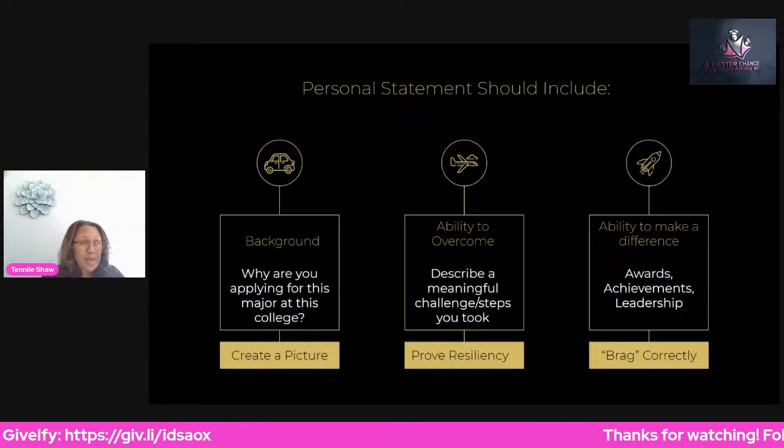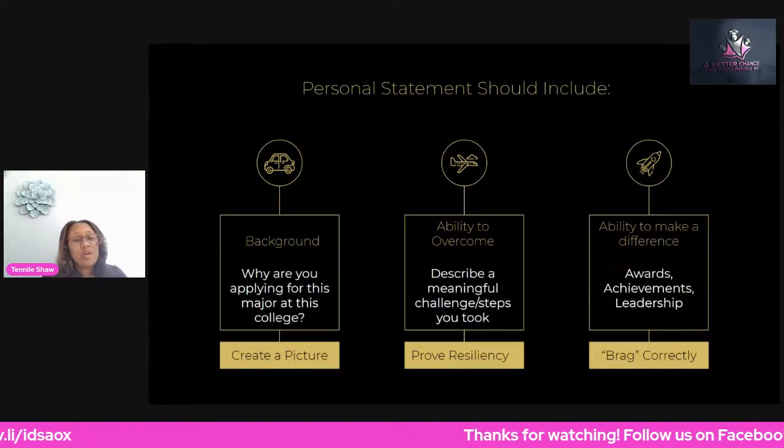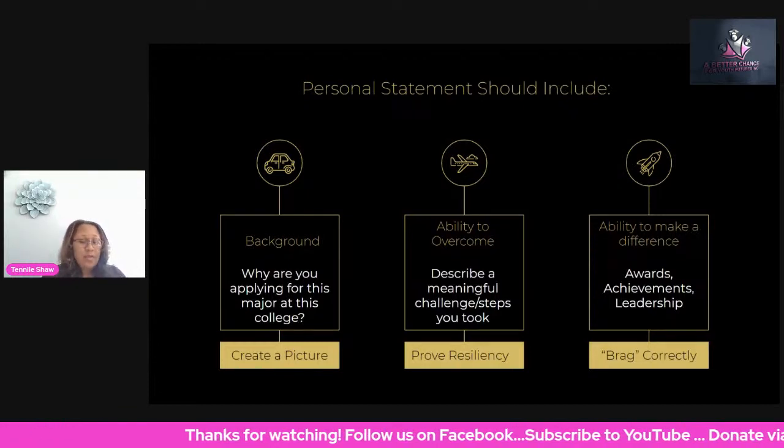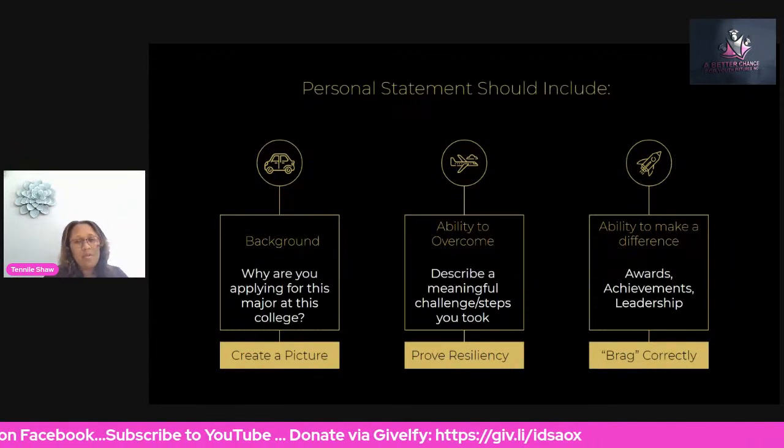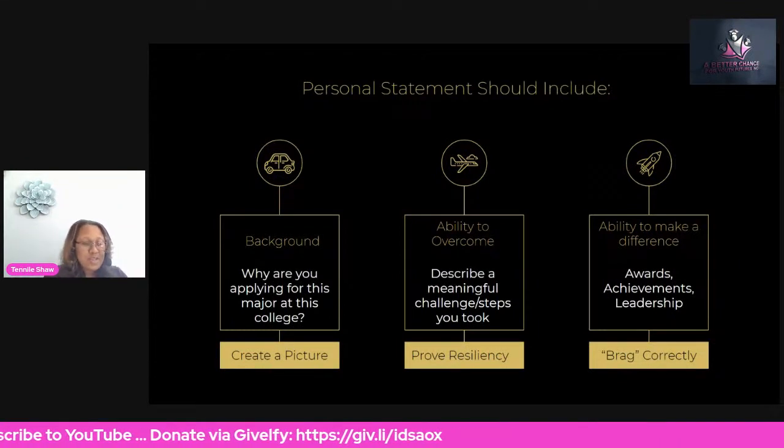Why are you applying for this major? Why is it important to you to go to college, if you're doing a common application? If you're applying to a specific college, why is going to this particular university a plus for you? Keeping in mind that the admissions team does not want to hear about your cousin telling you about the